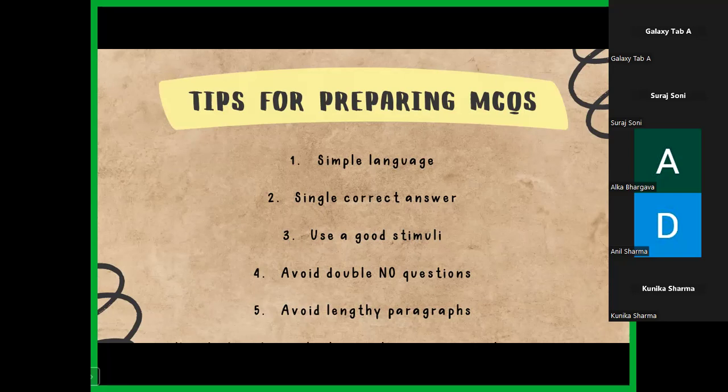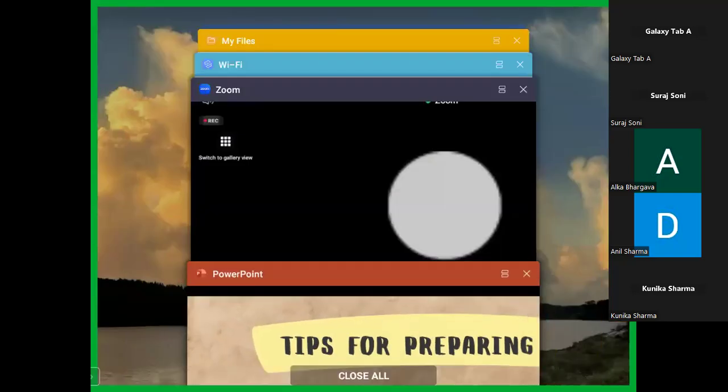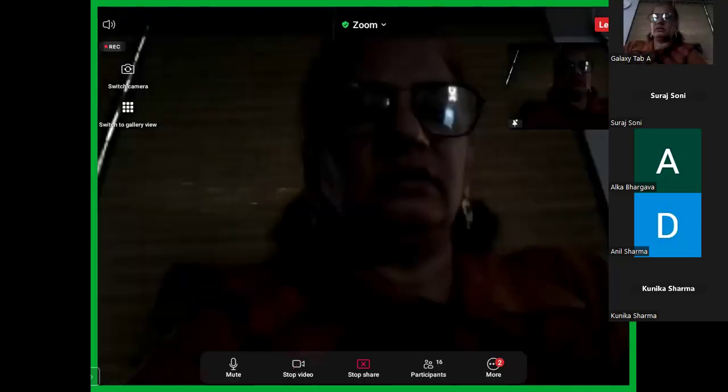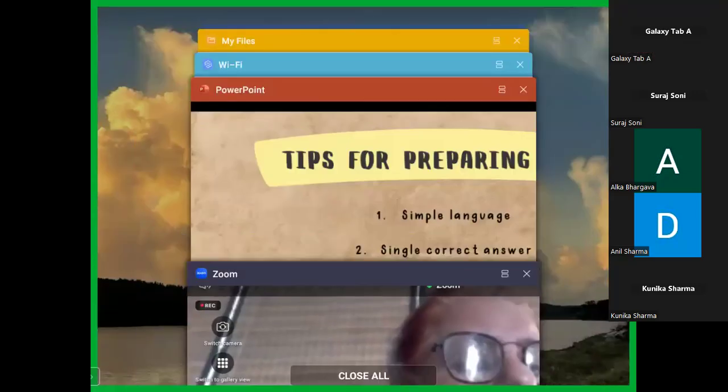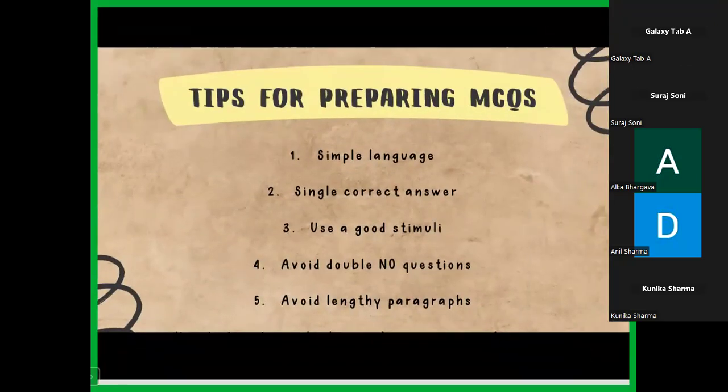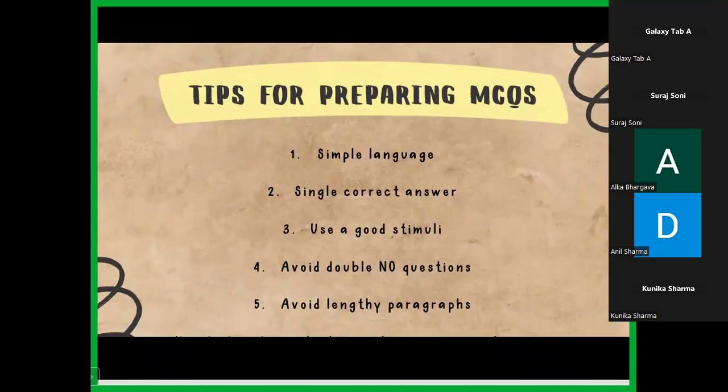At times, as teachers, what do we tend to do? Normally, we try to incorporate unnecessary details, and because we try to use unnecessary words here, the child gets stuck in the word itself. So many times that word is not even that important for the question, but the child tends to skip the question simply because the child is not able to understand the language.